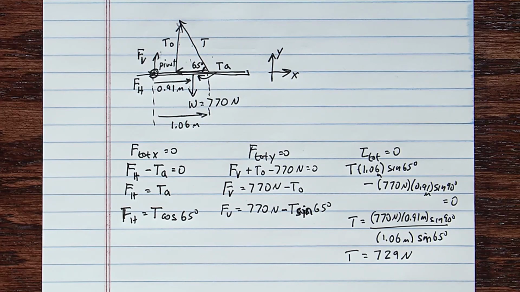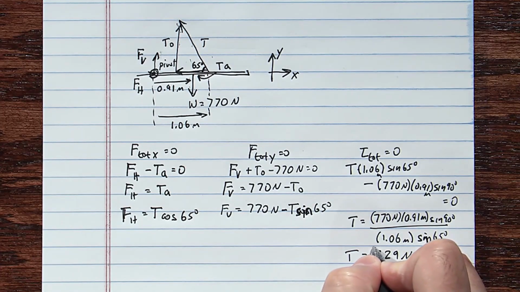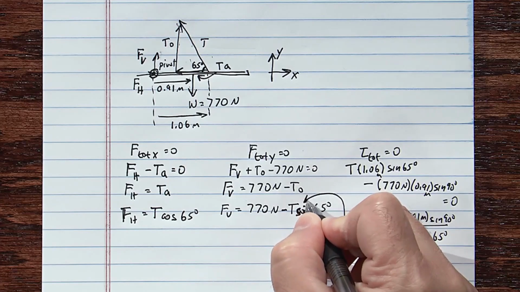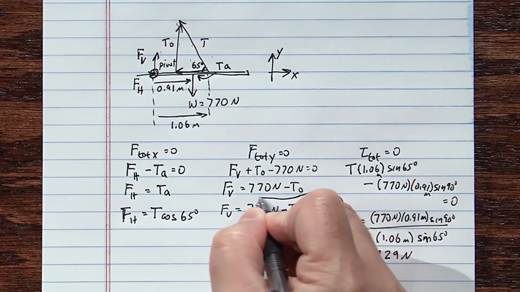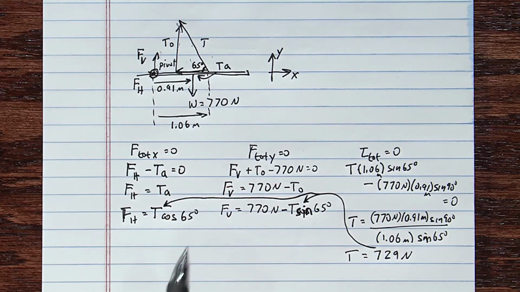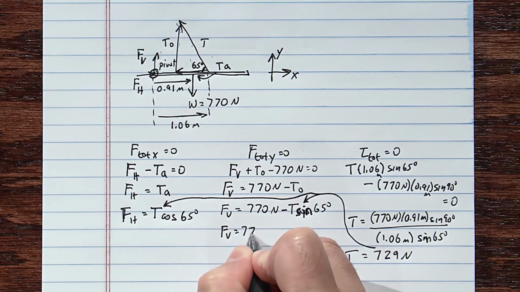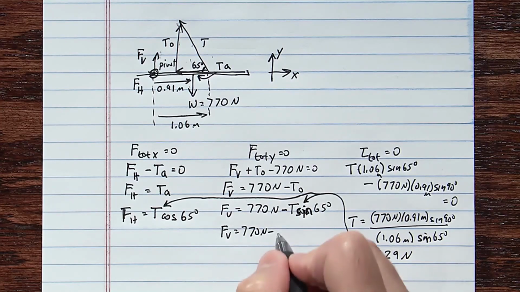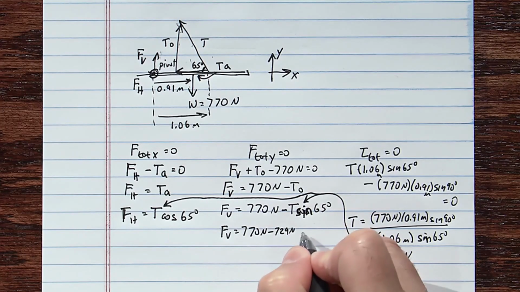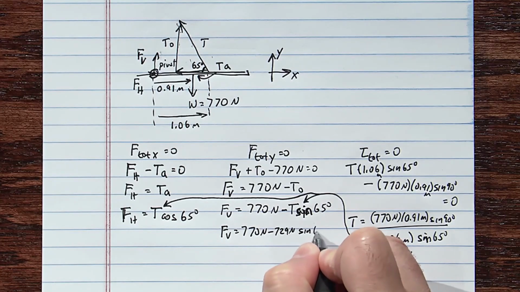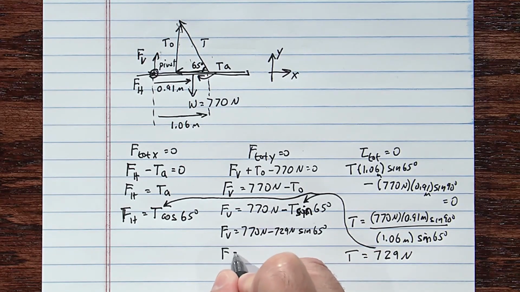Now we know everything we need because we can take this tension of 729 newtons, put it in here, and also put it in this equation, and we can calculate the vertical force and the horizontal force. So force vertical is equal to 770 newtons minus 729 newtons times the sine of 65 degrees. And so the vertical force is